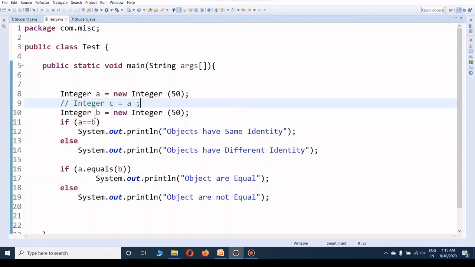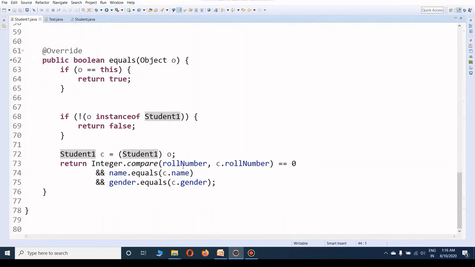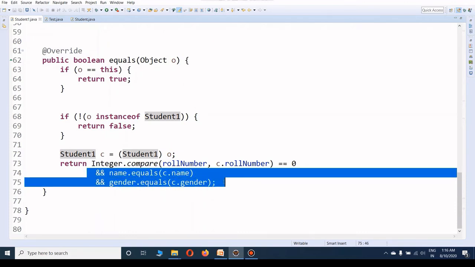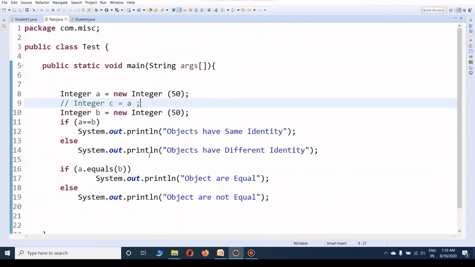Generally it is recommended that we override this equals method, which is an inbuilt method in Java. As you see here, I check whether values in those objects are equal or not. If they are equal, then it shows that both objects are equal. Here only one data type is there, so we can directly write the method.